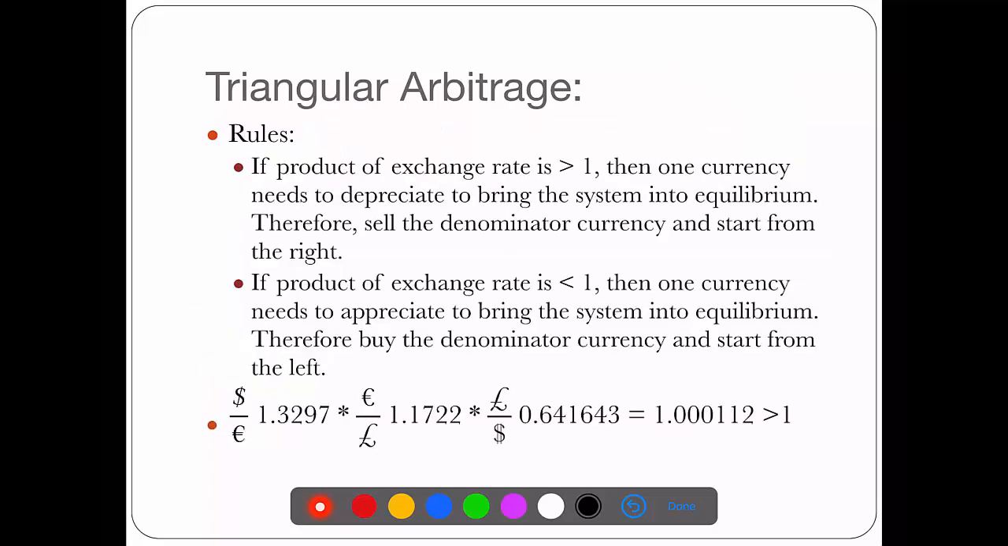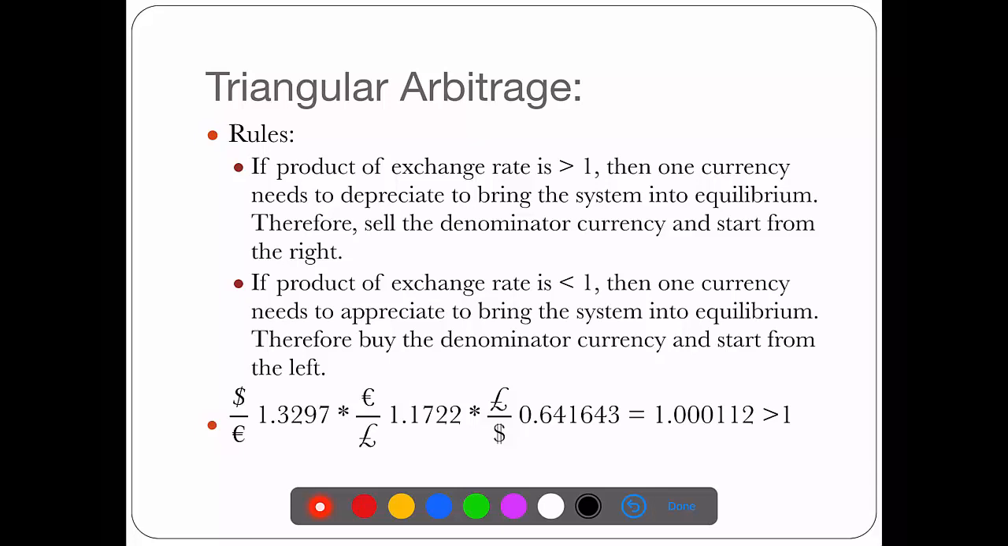1.000112. So now the rule is this: if the product of the exchange rates is greater than 1, then one currency needs to depreciate, because the system is not in equilibrium. One currency needs to depreciate, and the asset will depreciate when you start selling it in the market. So sell the denominator currency and start from the right. So in this case,